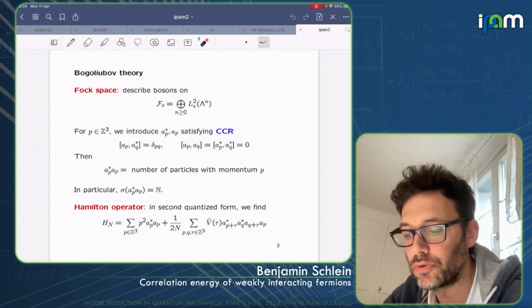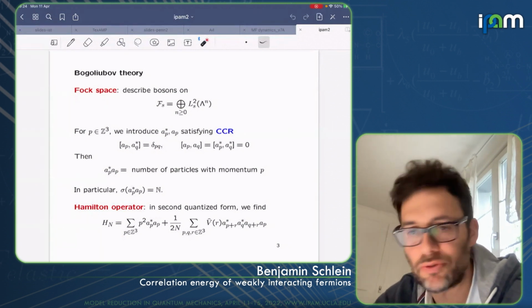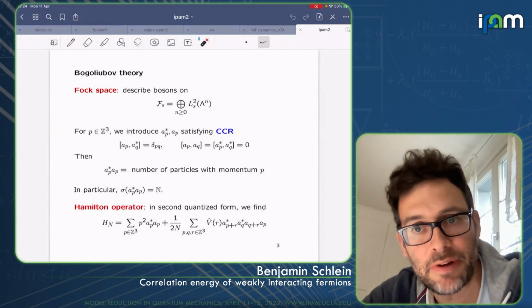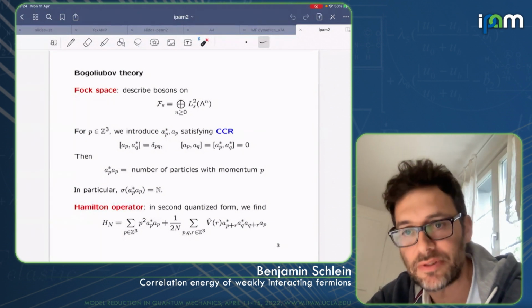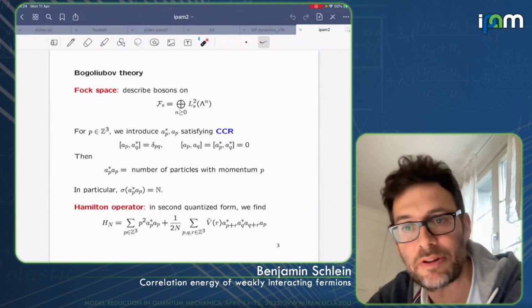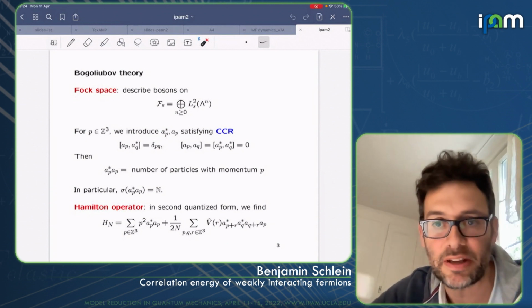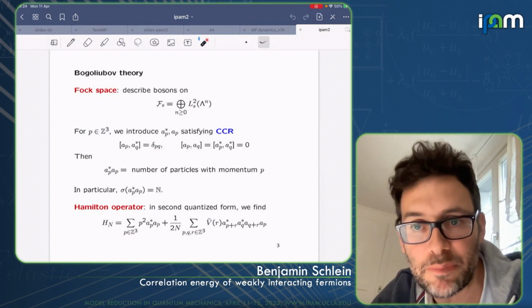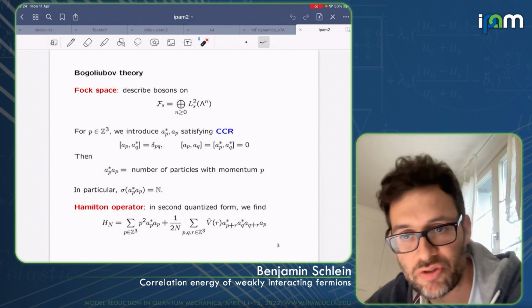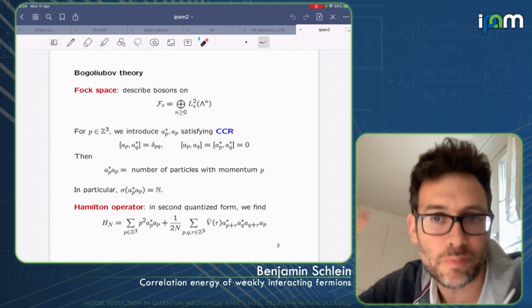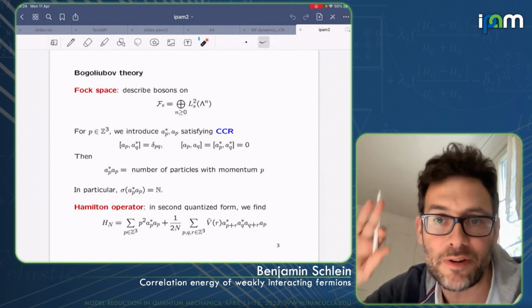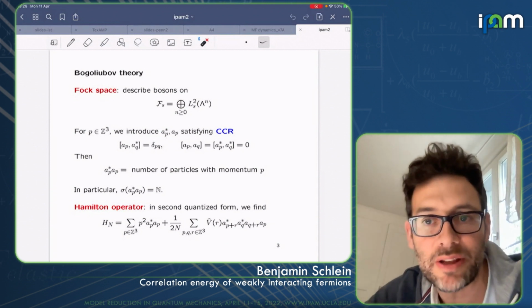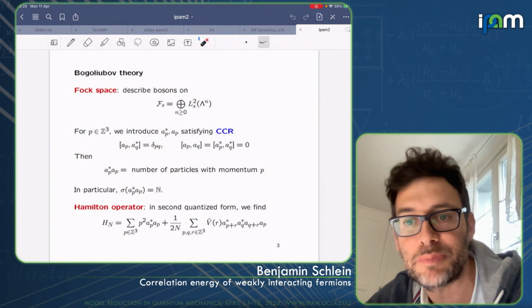Okay, so now we have this operator. Maybe I should stress it once again: we are looking at a system where the number of particles is conserved. You see it here because in each term of the Hamilton operator, you have the same number of creation as annihilation operators, so they don't change the number of particles. So you may think, okay, but if the number of particles is conserved, if we look at states with always n particles, why do we bother to switch to this more complicated Fock space representation?